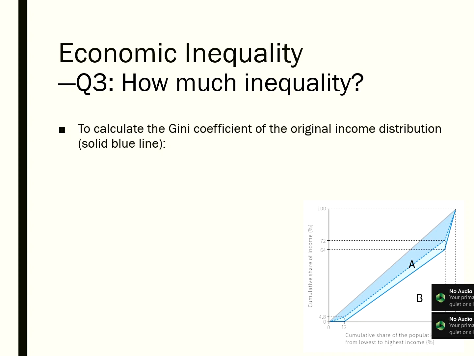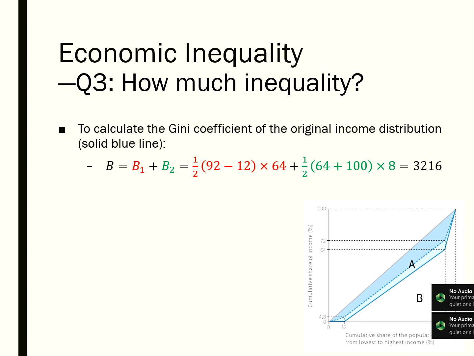B is made up of two components. The first component is the right-angled triangle to the left, and the second component is the trapezium on the right. Let's name the area of the first component B1 and the area of the trapezium B2. Apply the formulae in the previous slides for the area of a right-angled triangle and the trapezium. We are able to calculate the area for B1 and B2, which add up to